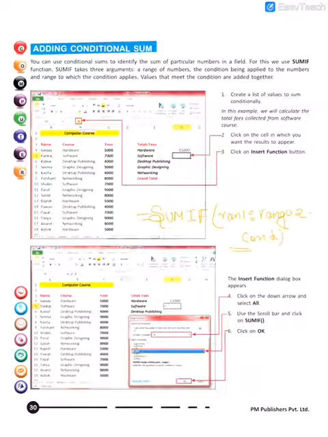So this is the syntax, as you can see. Range 1 colon range 2. That means first cell range to another cell range followed by the condition.